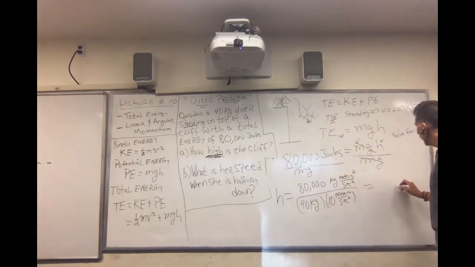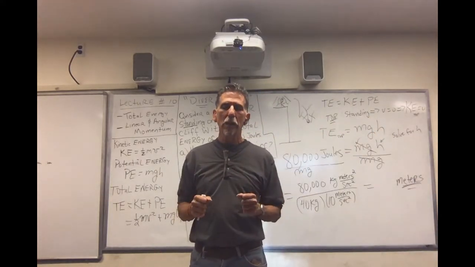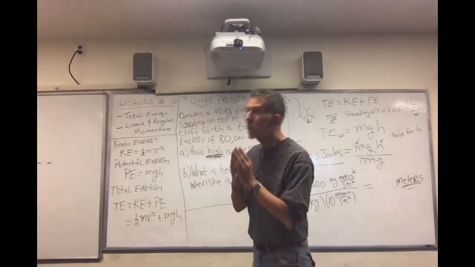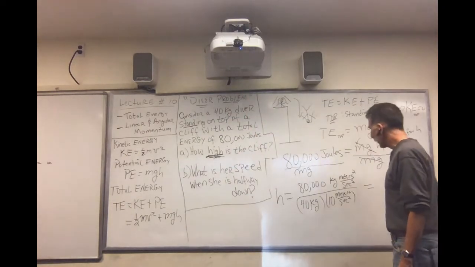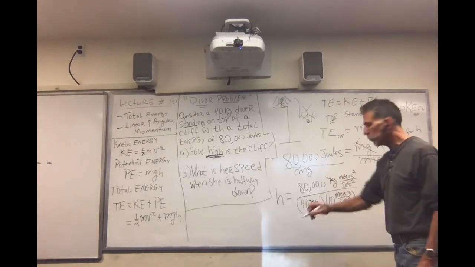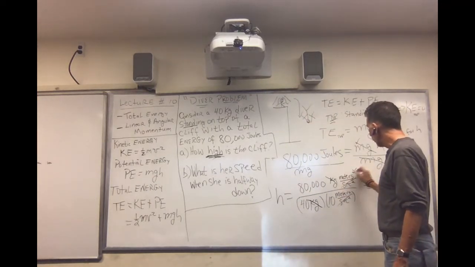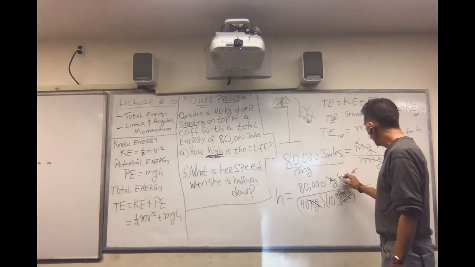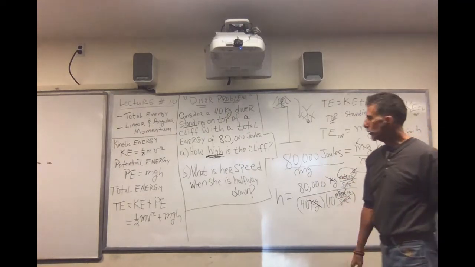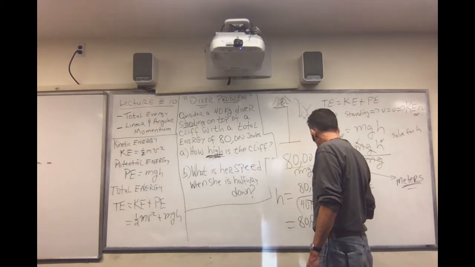Now, this answer has to be a height, so the total answer must have units of just meters. Height is in meters. That means all the other units had better cancel if we did our algebra correctly. So let's say a prayer and hope our units work out. All right, we have kilograms divided by kilograms. Out. We have seconds squared divided by seconds squared. Out! We have meters squared divided by meters. One of the meters squared goes out, and that goes out. So we're just left with meters. Wow, isn't that great? So our answer is 80,000 meters